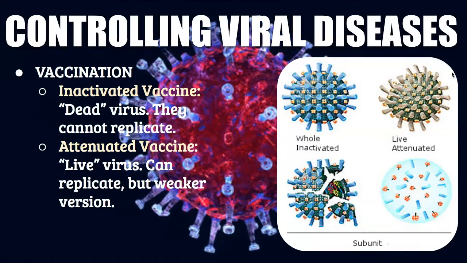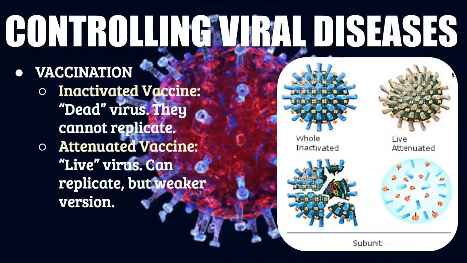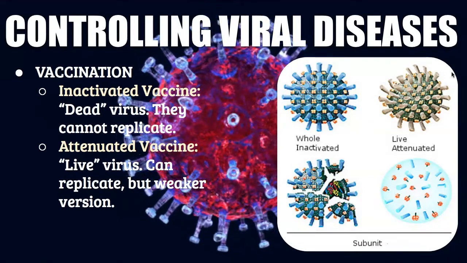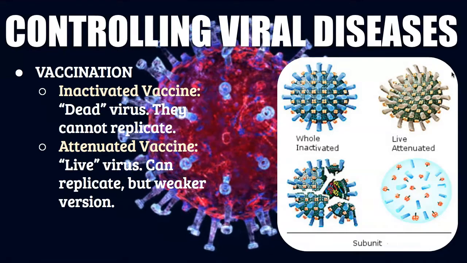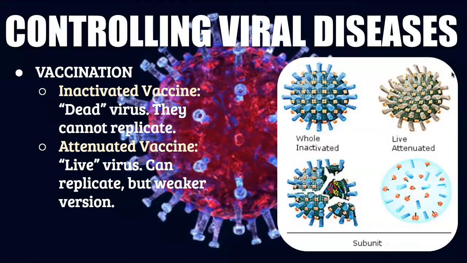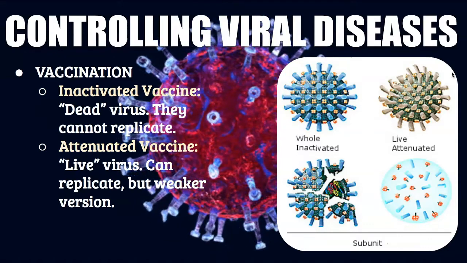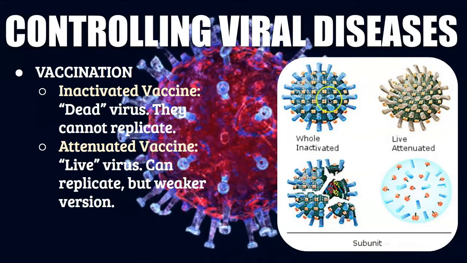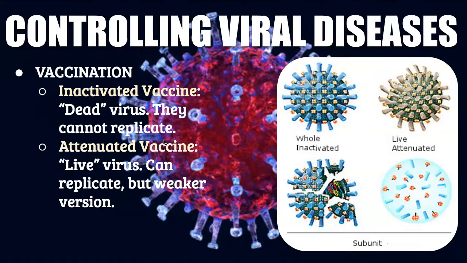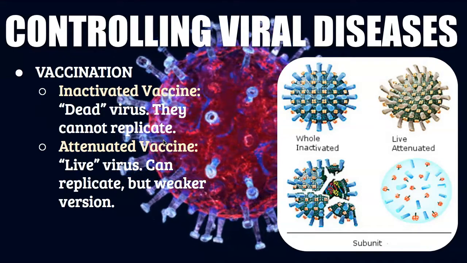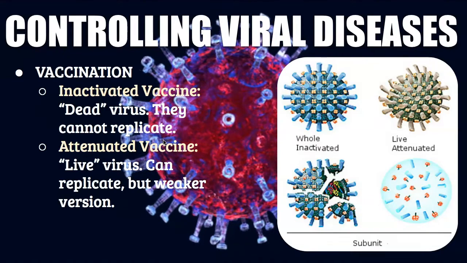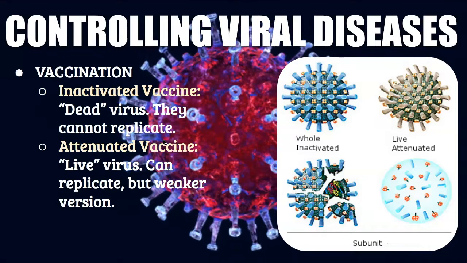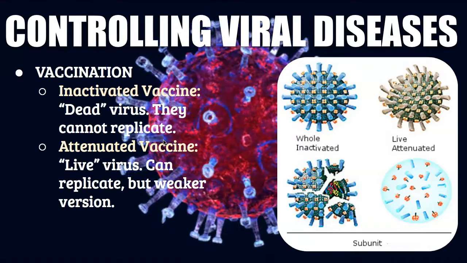Again, the reason we use this is because it really helps the body build up immunity, especially when you do get sick from it. You may have a minor sickness from it, but that's going to trigger the immune system to start reacting to kill off the virus. That way it heightens your immune system even more to be prepared for the virus. A lot of people who talk about attenuated vaccines will basically say it's better to have a little cold or a little sickness from the vaccine compared to not getting the vaccine at all, and then when the real virus shows up, dying from it, because that's a real possibility. Those are the two different types of vaccines that we use.